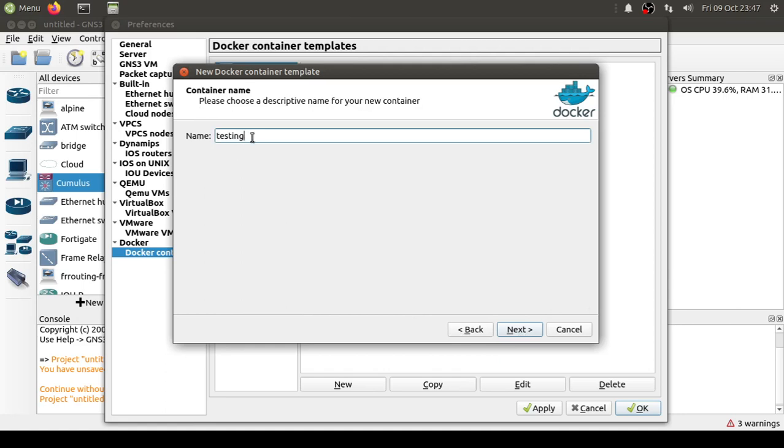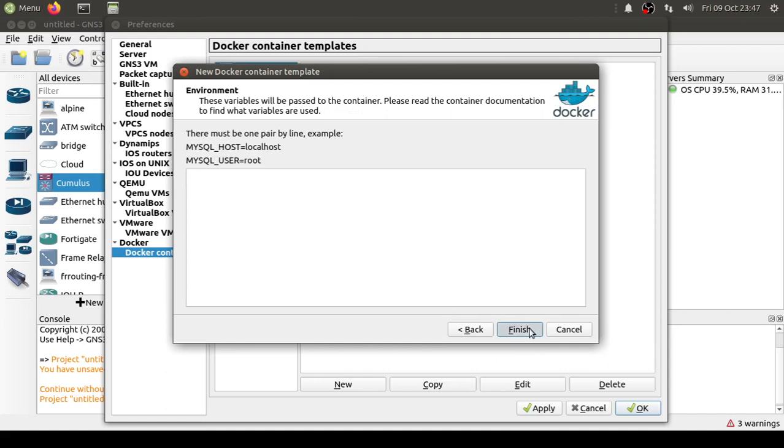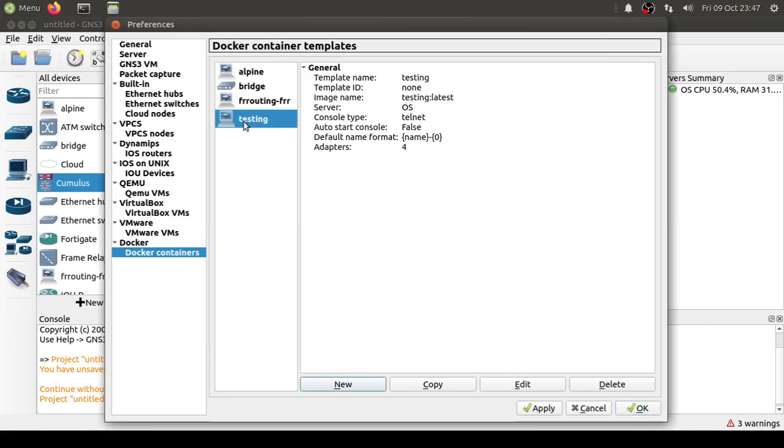Click on next, name it whatever you want to name it. Since this is just a test, I'm not gonna change it. You can give it a number of adapters, let's say 4. Next, leave this one as it is, go next and finish it. And we have this container here. This is exactly the same container that I created earlier before the start of this video, and I just changed the symbol to make it a bridge because this is essentially the function that we'll be utilizing.